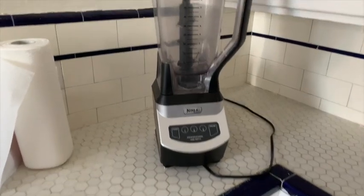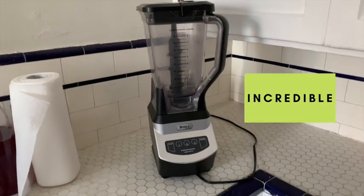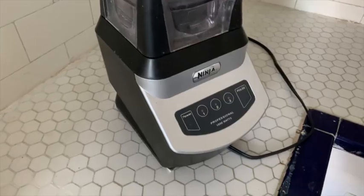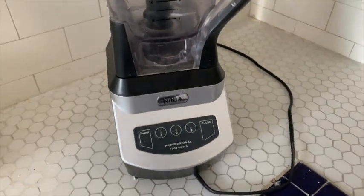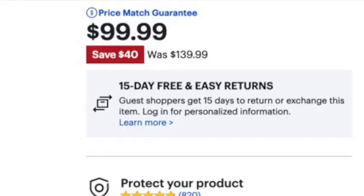Do you want it? And I was like, does it work? And he said, yes, it does work. So I took it, and let me show you what I got. I got a Ninja blender, and this thing, let me tell you, is incredible. There are all different kinds of settings and pulses. She definitely does look a little used. I Googled this, and the cheapest that I could find was for $99, I think at Best Buy, and it was on sale from originally